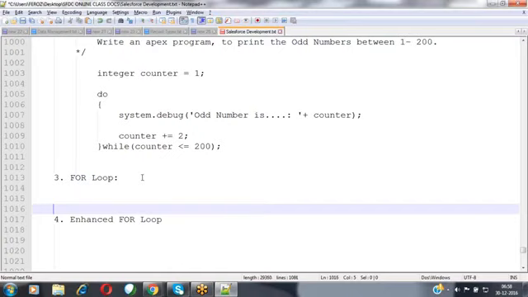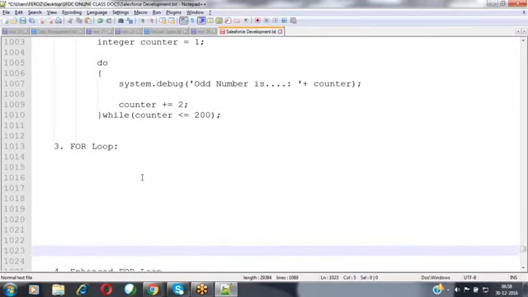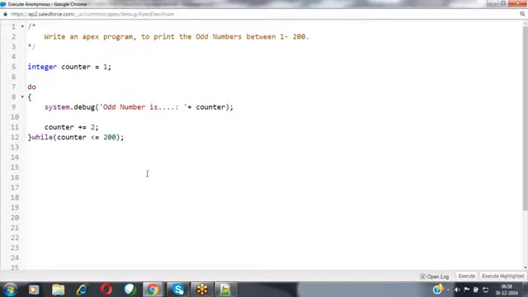Now, what exactly is the for loop? As of now, we have implemented so many programs. In these programs, we defined a variable and initialized it with some value, then verified the condition, and incremented or decremented the value.